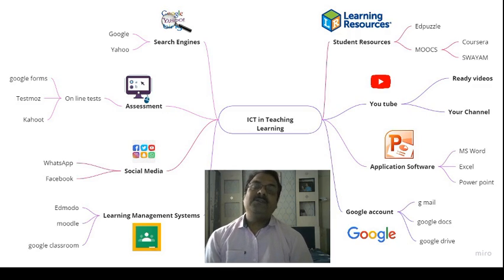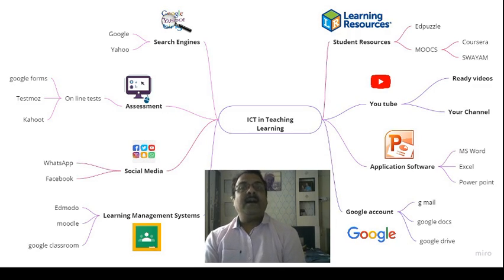Testmoz allows you to prepare small quizzes. Google Forms can be used for assessment with multiple choice questions, open-ended questions, fill in the blanks, and whatnot. So assessment can also be done online using technology. All these are different aspects of teaching learning, and all the teaching learning aspects are enhanced using ICT.